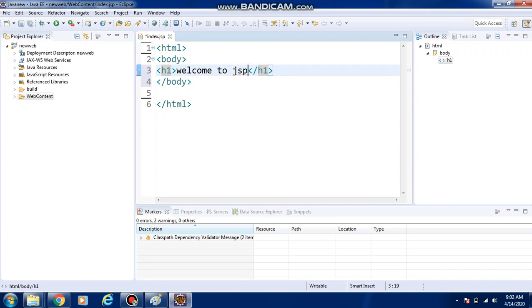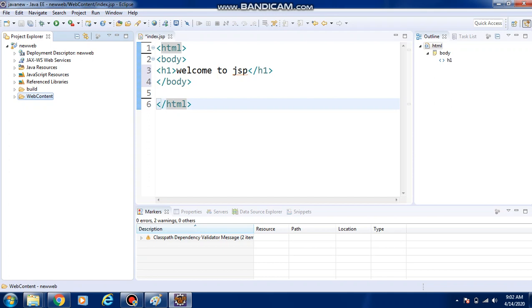Now observe clearly. How to execute this page? If you want to execute this page, don't run from here or from here. Whenever you are executing, even 10 times, all the 10 times, how to execute?